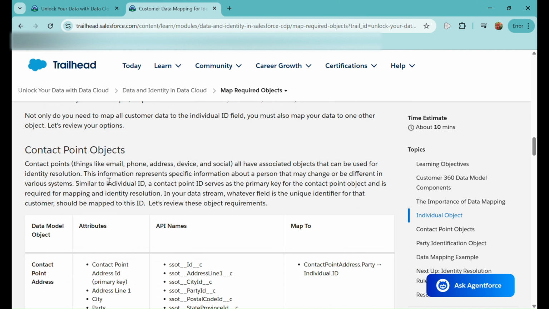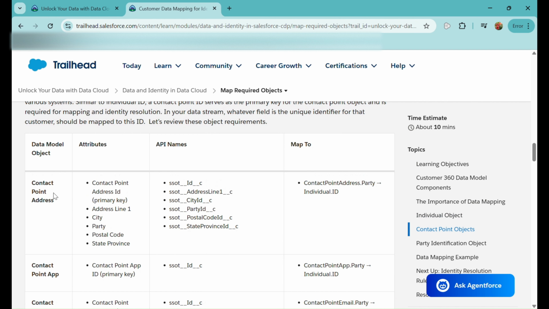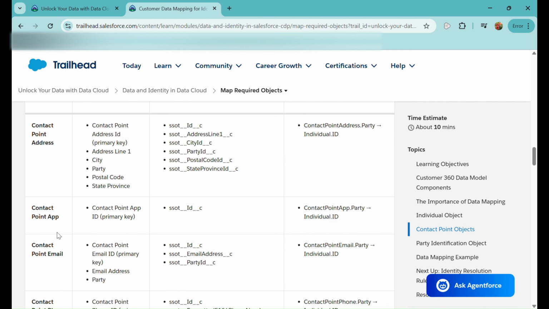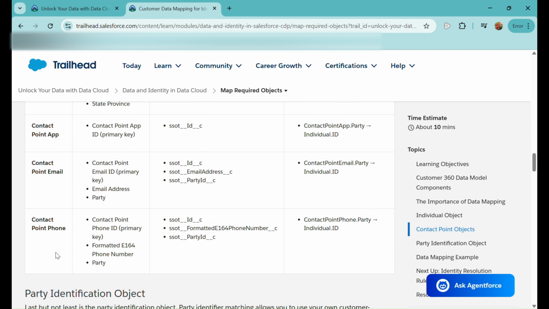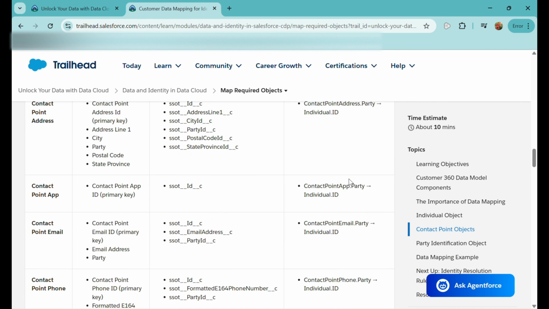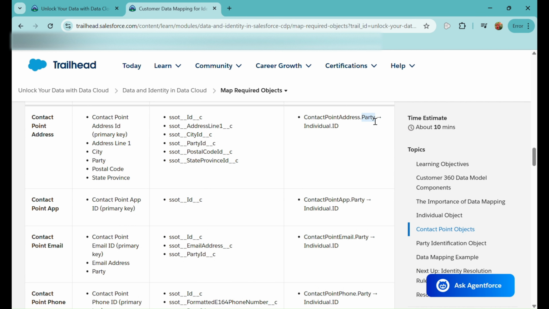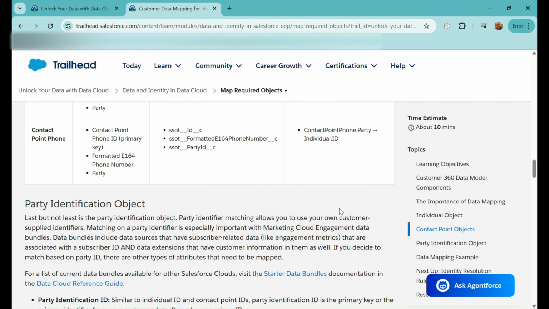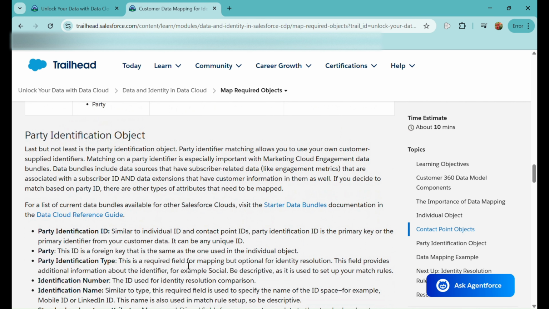Now there are certain contact point objects as well, such as contact point address, contact point app, contact point email, contact point phone, and again there we have a party field as well. To those we need to map our individual ID to make them uniquely identified with the individual DMO. Then we have the party identification object. It allows us to use our own customer-supplied identifier, so it is also an important part.